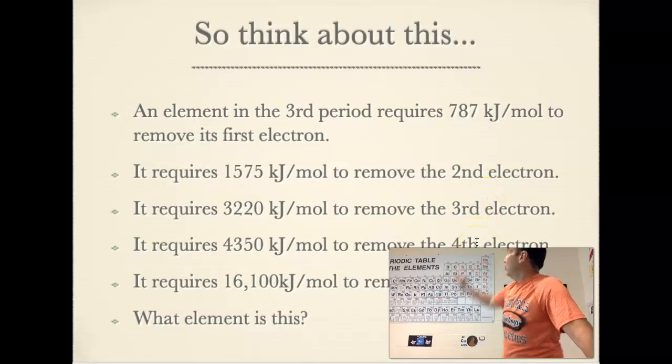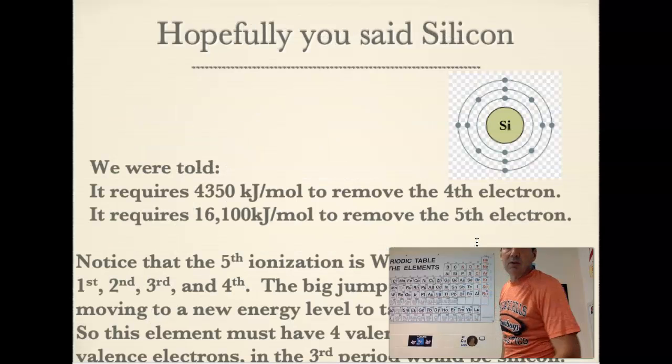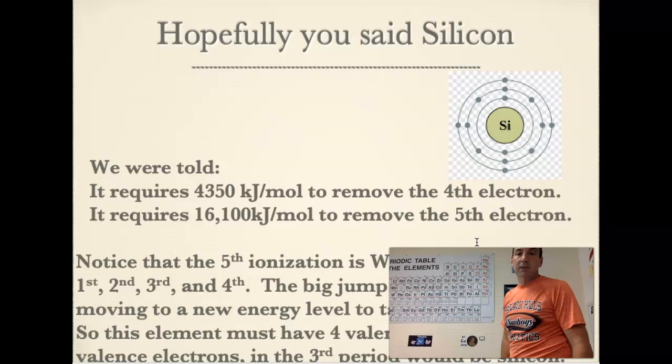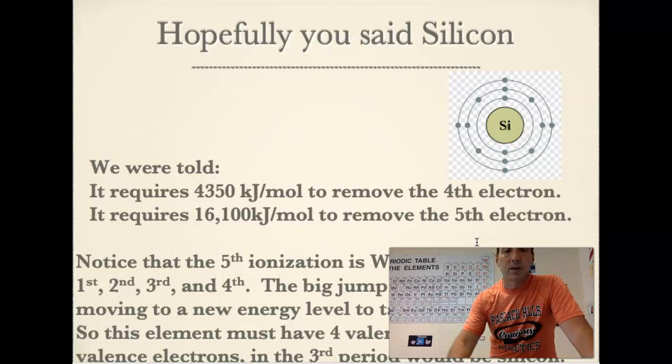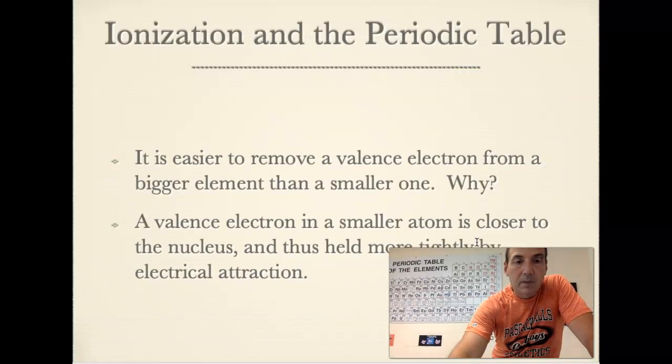And so if I look at the third row and I look for 4 valence electrons, I know that I have to be talking about silicon. Okay? So there's the logic to that. And again, something we should be able to look at a periodic table and kind of interpret some information. Okay? Now, let's go back to talking about it from the periodic table as well, a little bit more.